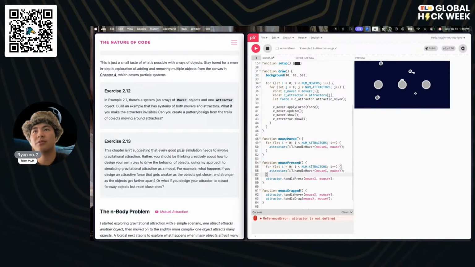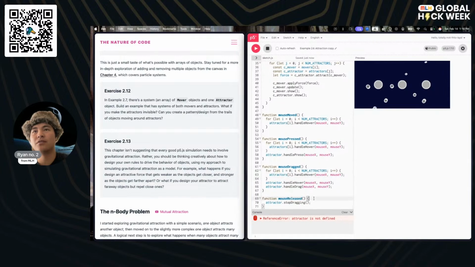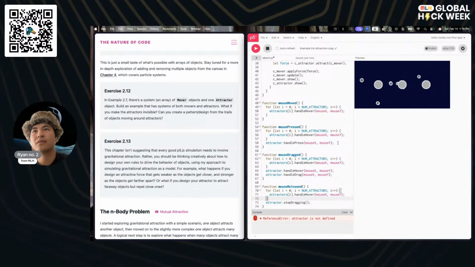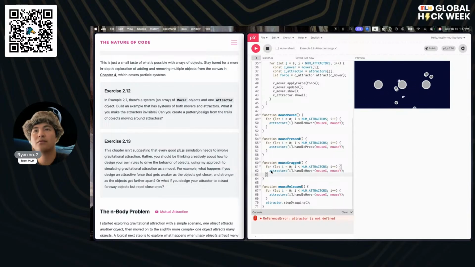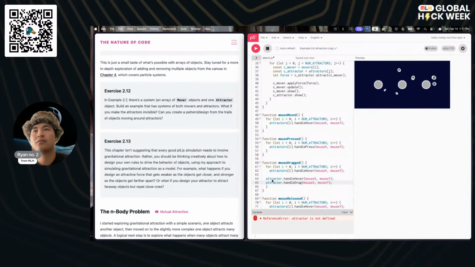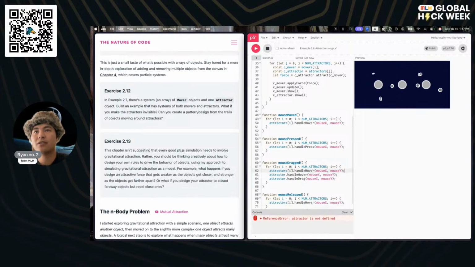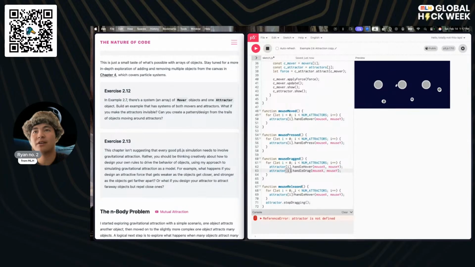And then I'm going to copy this over here, over here, over here. Then we're going to yoink the second half of this to handle press. Yoink these two over here. Just like that. I'm going to copy this, delete that, move over here. There we have mouse dragged, and then stop dragging. It's going to go over here.